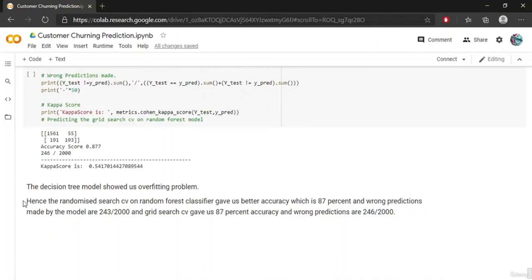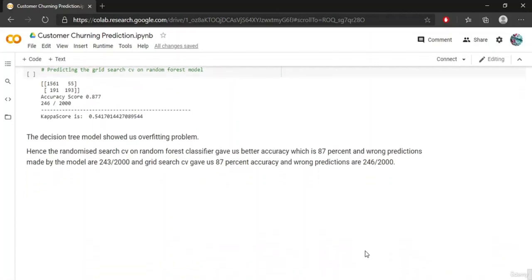So we used randomized search CV and grid search CV, and there was a slight improvement in our random forest model using these hyperparameter tuning techniques. And we can hence say that the randomized search CV on the random forest classifier gave us a better accuracy, which is 87%, and the total wrong predictions made by the model were 243 out of 2000. And when we use grid search CV, the accuracy was 87%, and the wrong predictions made using grid search CV were 246 out of 2000 predictions. And that's it for this